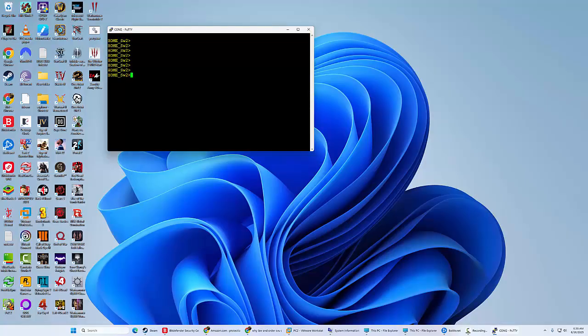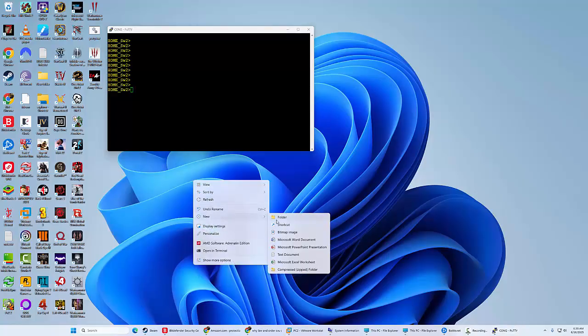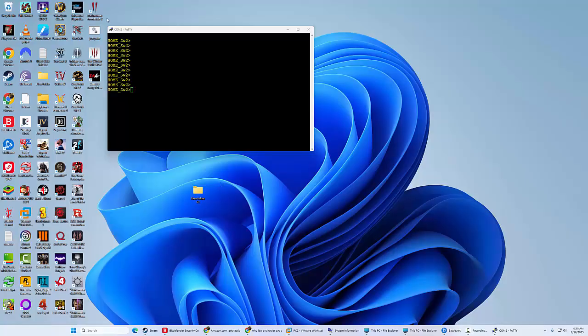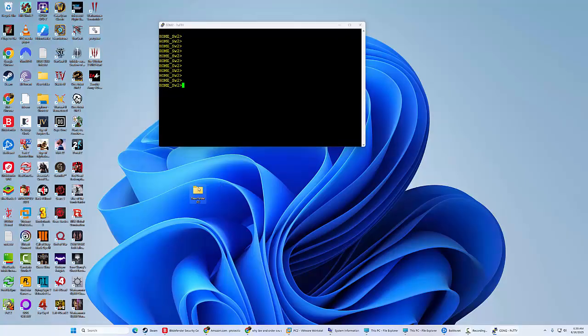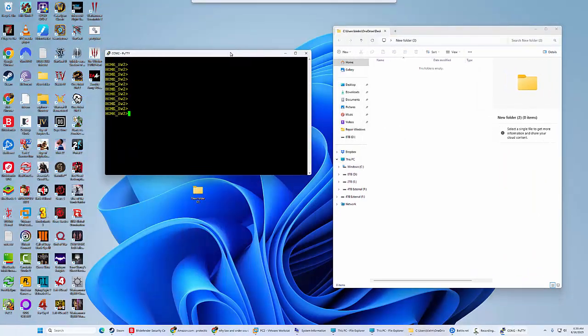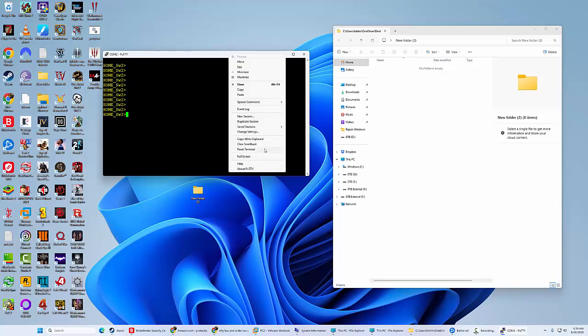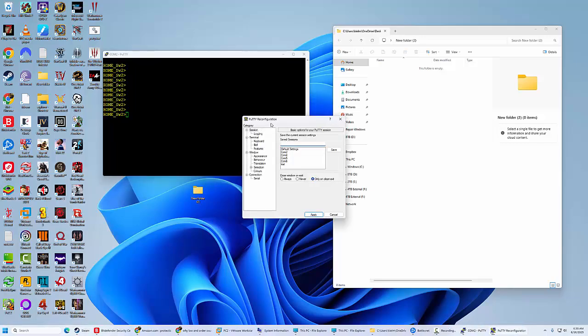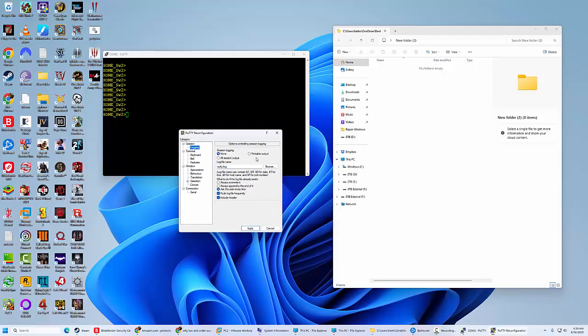Okay, so now another cool thing is this. I am going to go into this folder here. I'm going to say new folder. Okay, and I am going to right click. First, I'm going to bring this up. Let's kind of bring this over here. Now I'm going to go in here and change settings, and I'm going to click on logging. I'm going to change this .log to .text. Now, it doesn't matter if it's a .log file.